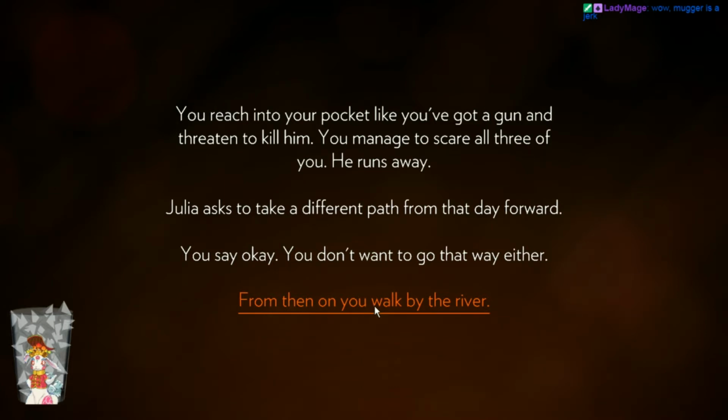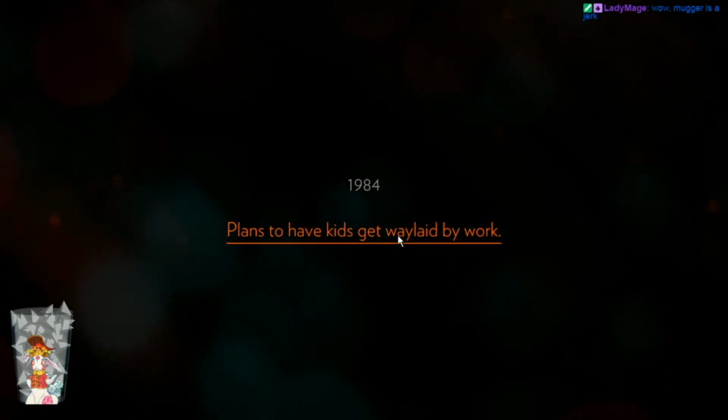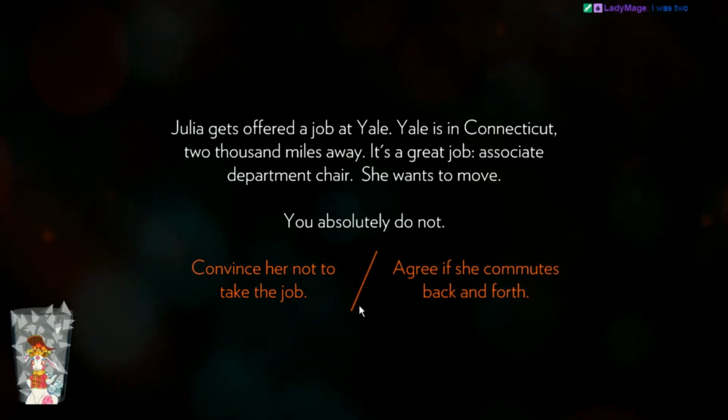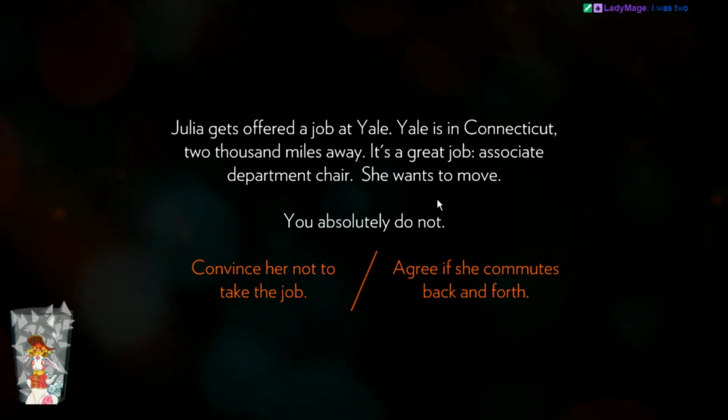Take a different path from that day forward. Plans to have kid get waylaid by work. Yeah, that tends to happen. Julie gets offered a job at Yale. It's in Connecticut, 2,000 miles away. It's a great job, associate department chair, and she wants to move. But